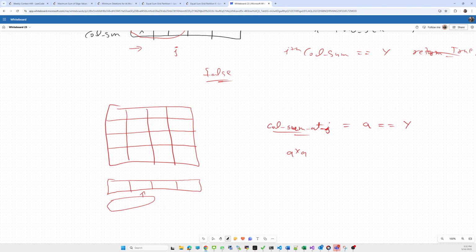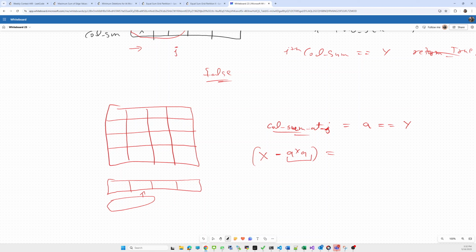If A is not equal, we take A cross A, subtracting the total sum. Our total sum is X, and we get the difference. Why am I doing this?